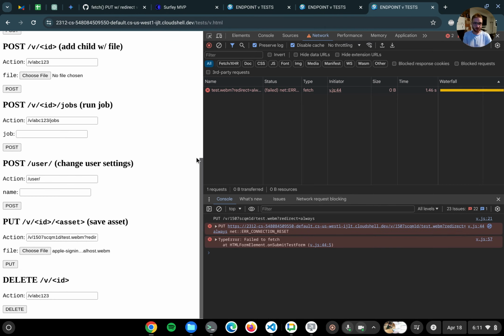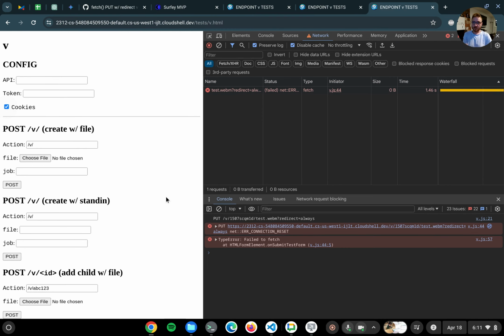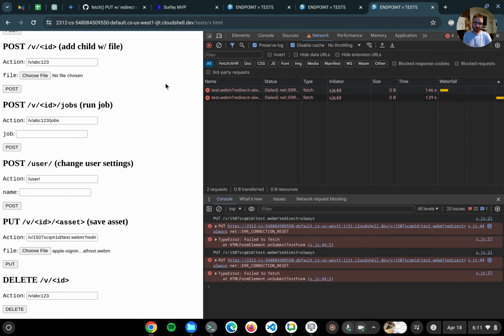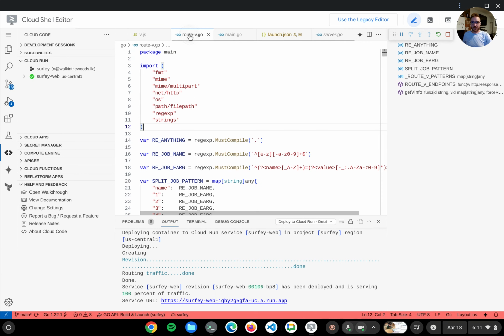And it's going to fail, right? If I include cookies, as we know, so if I include credentials, it's going to reset the connection because it's cutting it off, even though we're returning it. So if you're debugging